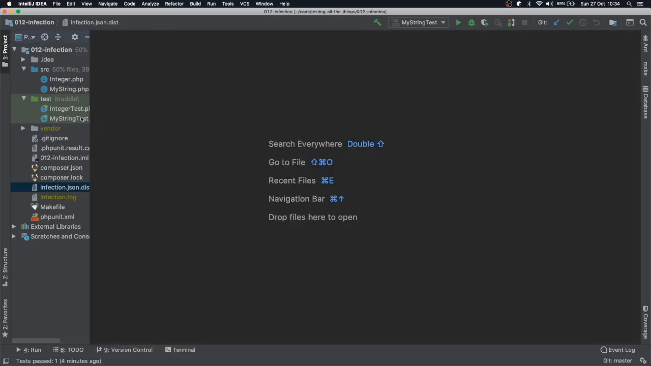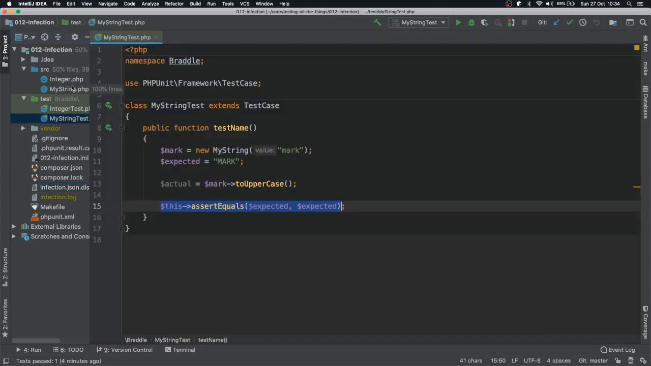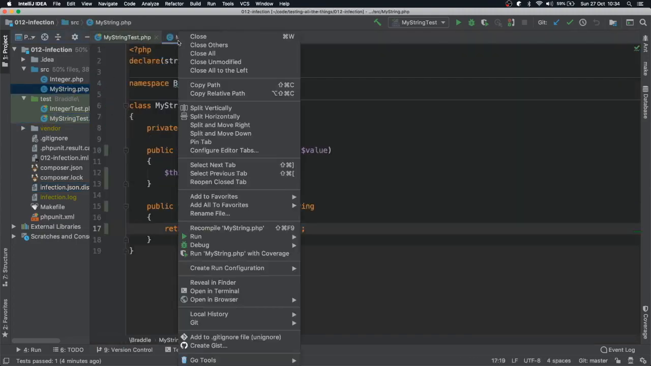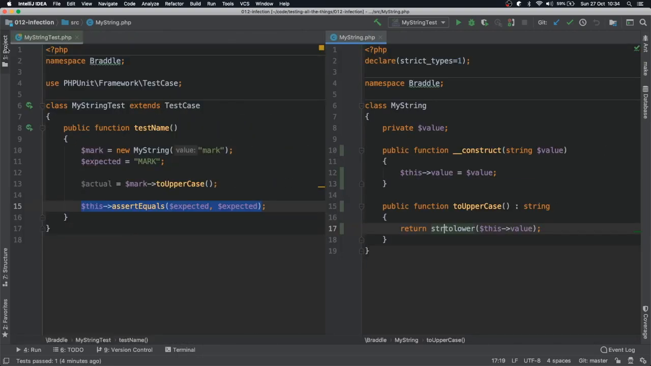So the first example we're going to look at is the myString test and its implementation. If we open that up and split them so we can see both at the same time, we can see that myString has at the moment a single function, which is to uppercase. The idea of the function is it will return an uppercase version of the string given to the object during construction. If we now run the tests and look at the code coverage,